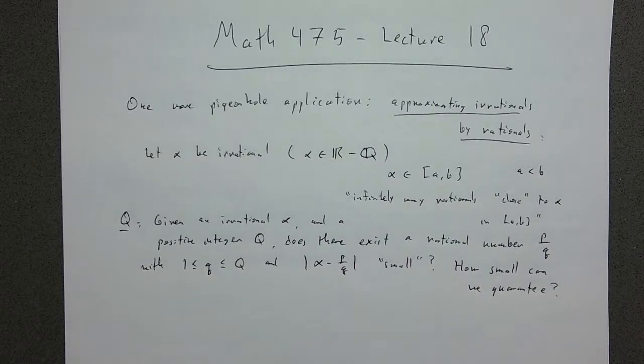Alpha has to lie in one of those, and you can think about subdividing those and seeing how close you could get, using again the fact that the rationals are dense, so you can find plenty of them in an interval. So this is maybe your intuition, but actually we could show something stronger than that